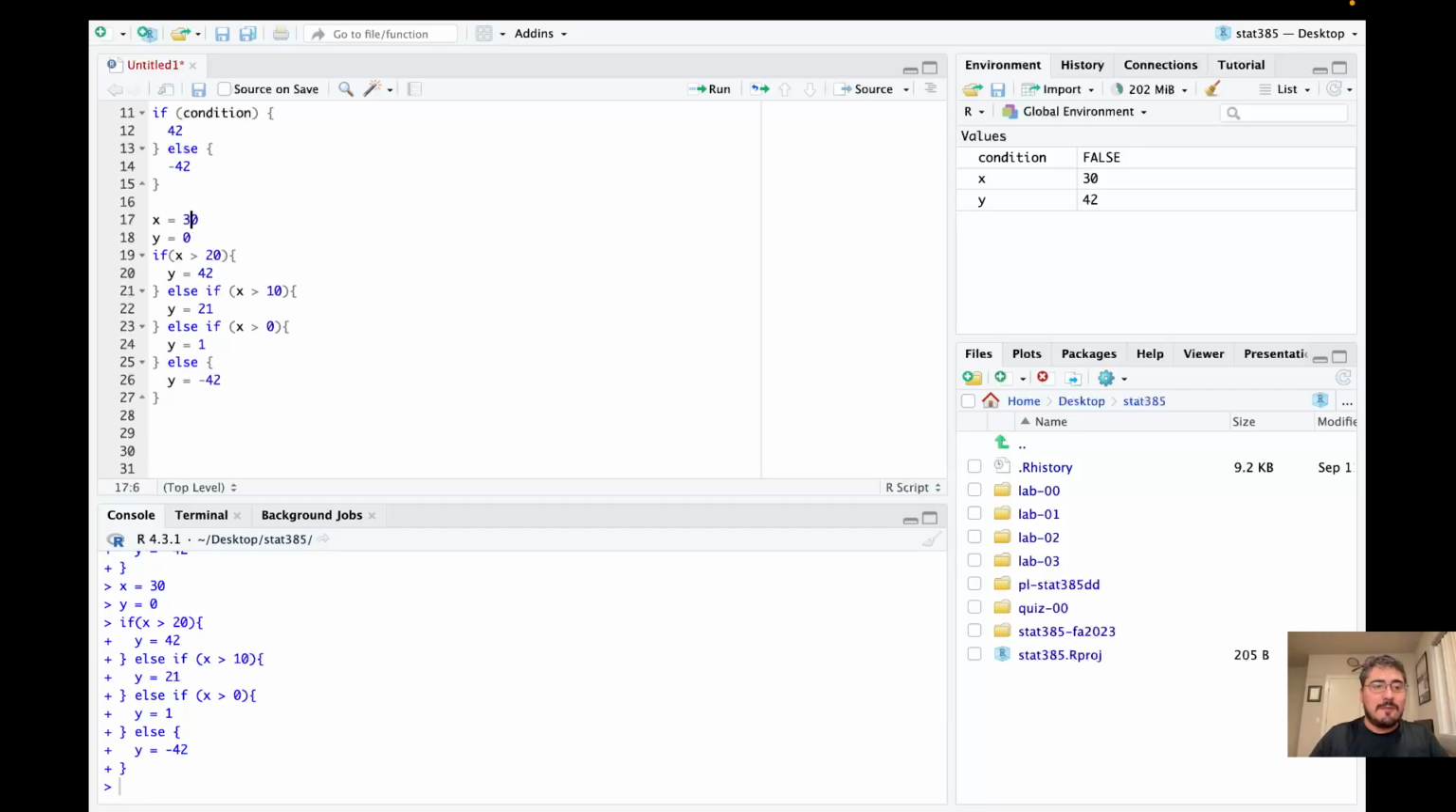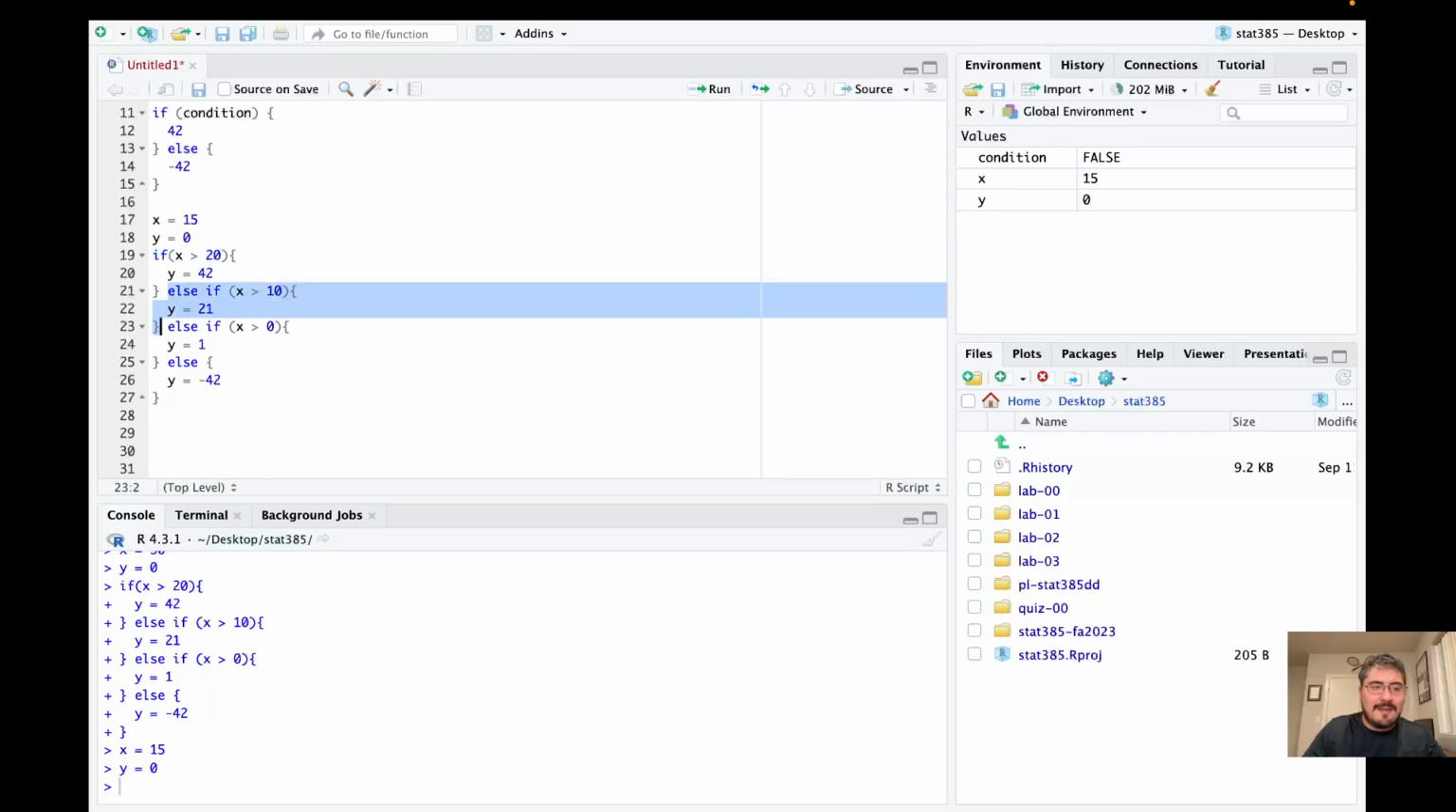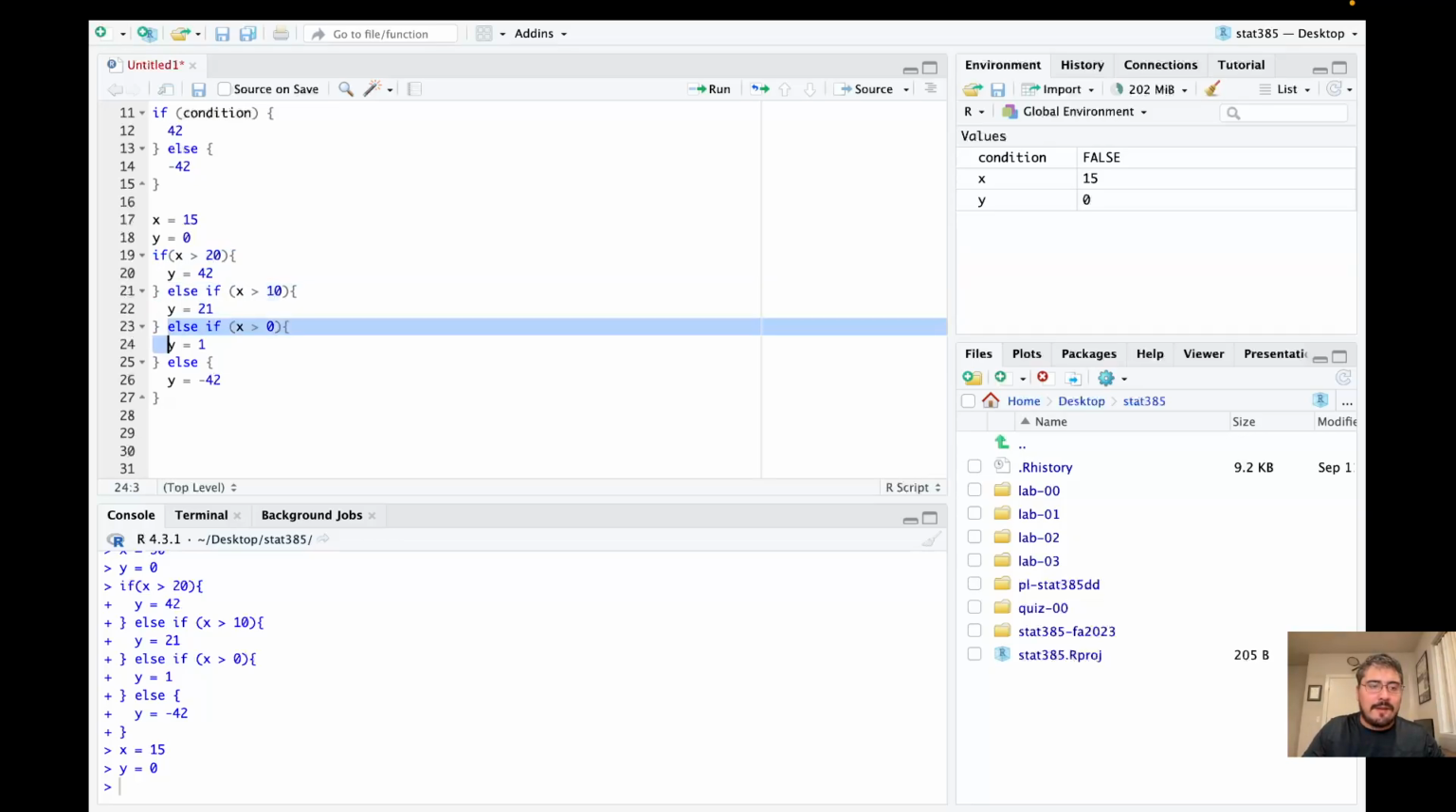So now it's the in-between case. X is 15. So what's going to happen? Let's walk through it again. Okay, so x greater than 20? No. X greater than 10? Yes. So then y should be 21. X greater than 0, coming down the chain? Yes. 15 is greater than 0. So